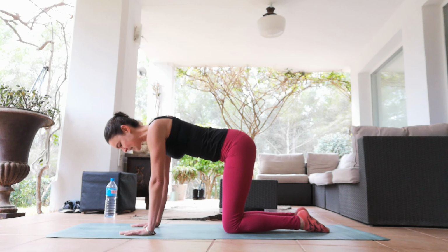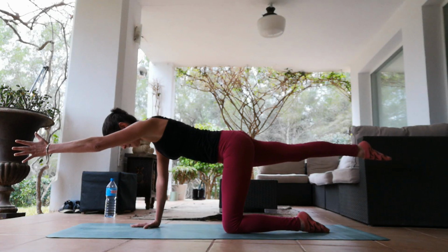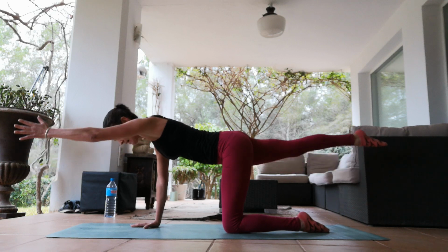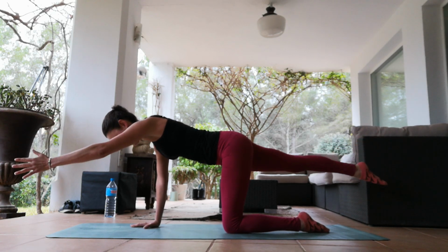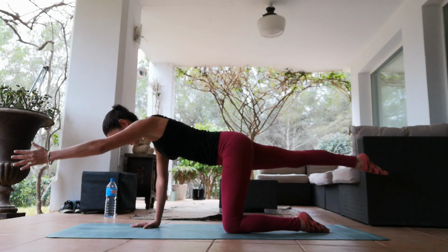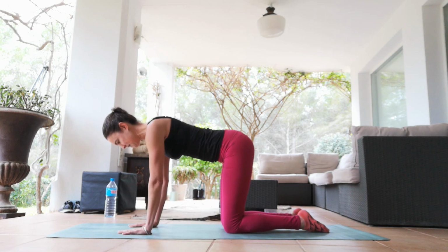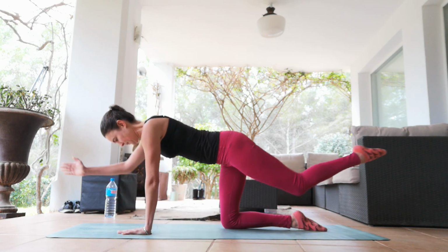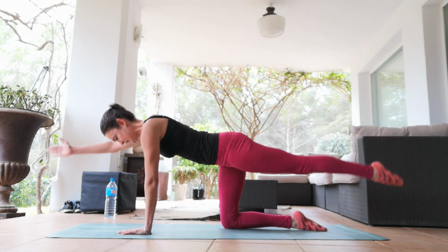So this time, if you can, we're going to add the arm in. As I push the right leg away, I'm going to push the left arm away. And we're going to pulse those up. 10, 9, 8, 7. Keep those tummies pulled in. 5, 4, 3, 2, 1, back to center, breath in, exhale for the other side, tummy's pulled in and pulse, 10, 9,